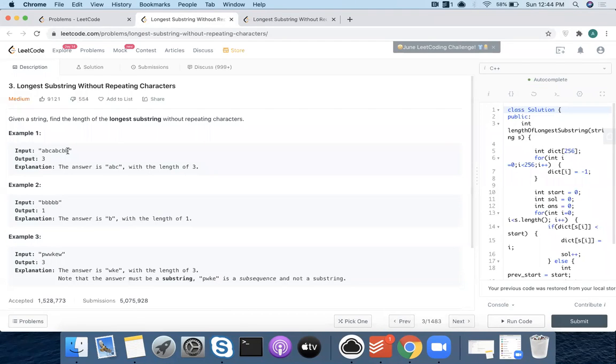So if there are n characters, there are n unique vertices. Now I will start with A. I'm assuming that this is a path that is given. I start with A, and since I visited A, I'll keep it marked visited, and then I'll go to B and then C.